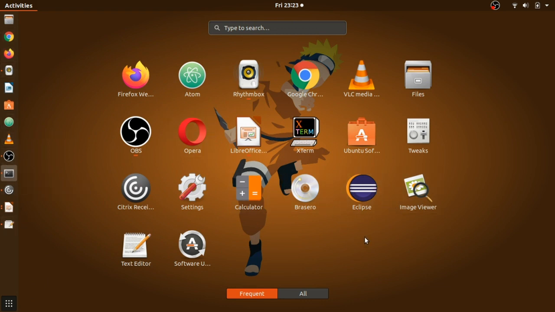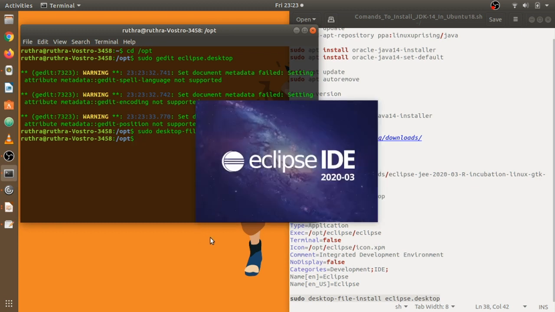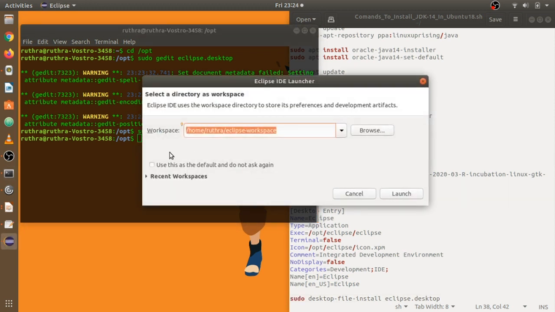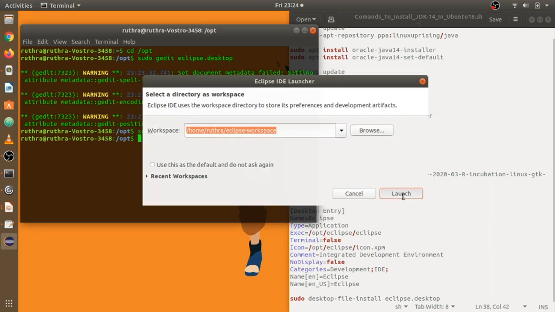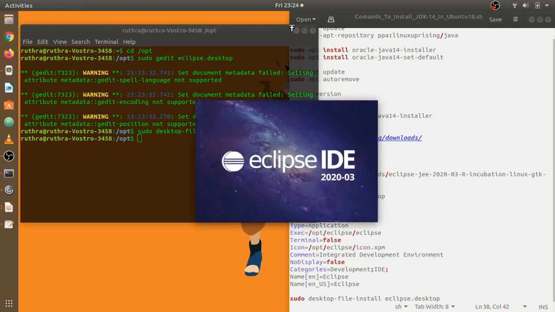So this is the start menu, guys, and here we can see the Eclipse icon has come up. I've clicked it already. It will start soon. So yes, launch it with the default workspace. If you want to change it, you can change it later. It's your wish completely. So I will go with the default workspace, and Eclipse will be up soon.